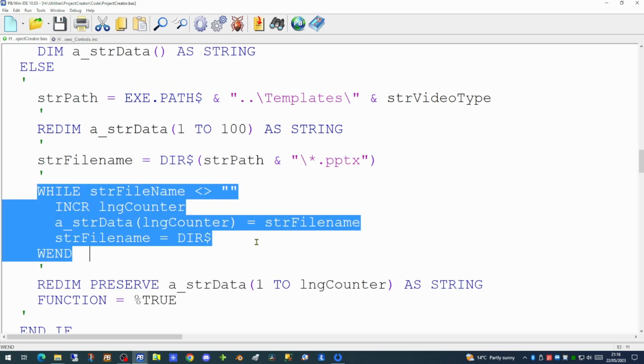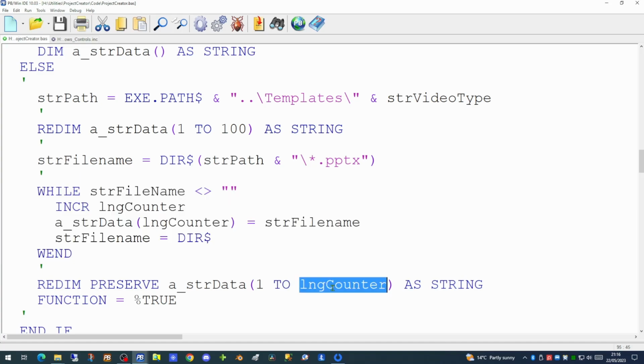We will then have a populated array with the 4 templates in it. It will then, of course, have 96 blank entries. But since we know the number of records we found by using a long counter, we can do a redim command using preserve to only preserve the first 4 elements. And then back in our callback function,